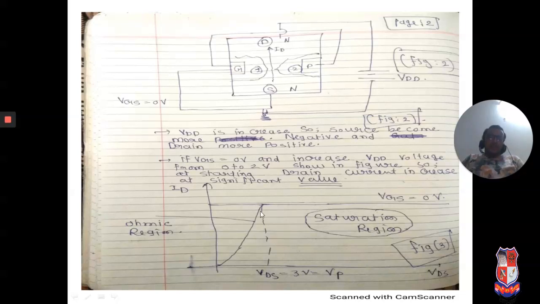will become constant. See this constant current at VGS equal to 0, after VDD the drain current which is equal to 3 volt. The drain current is constant at 3 volt. After VDS, the drain current is constant, because as VDS increases, the drain N terminal becomes more positive with respect to the gate, so it is known as reverse bias. So ideally current equal to 0, but still not equal to 0, it is constant. See this, it is constant.